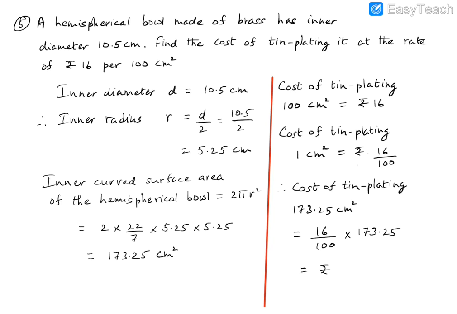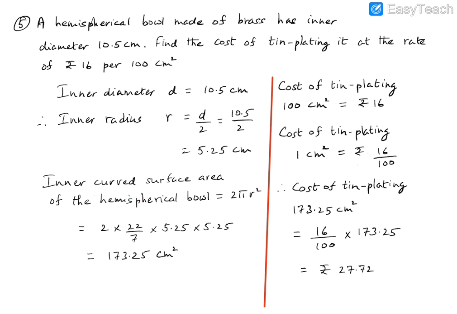which when you calculate this, we get a value of 27.72. So the cost of tin plating the inner part of the hemispherical bowl with this particular diameter is 27.72 rupees. So what we did here is from the diameter we obtained the radius, and then we calculated